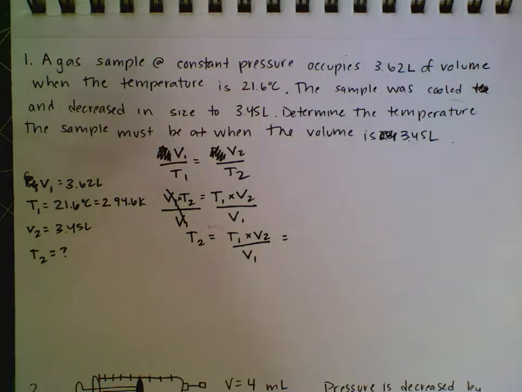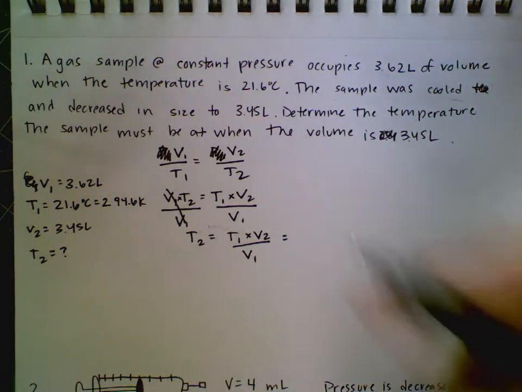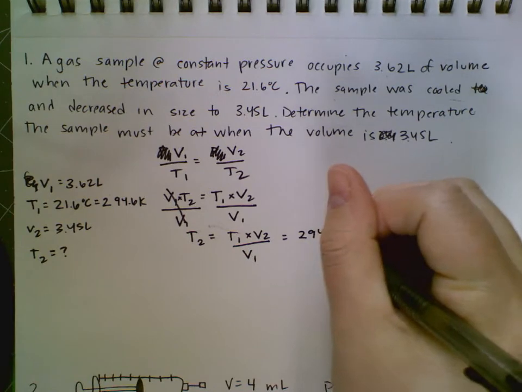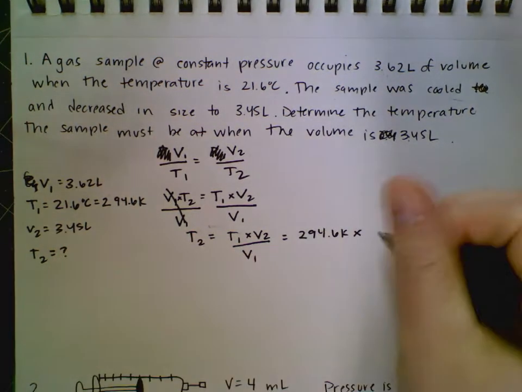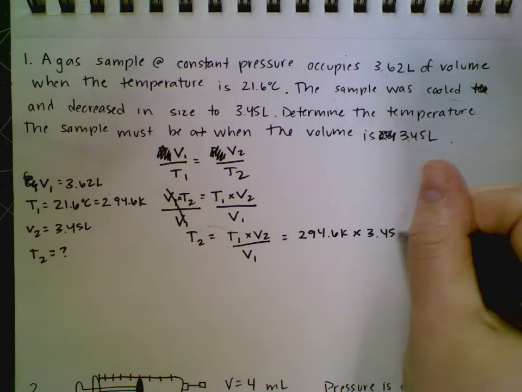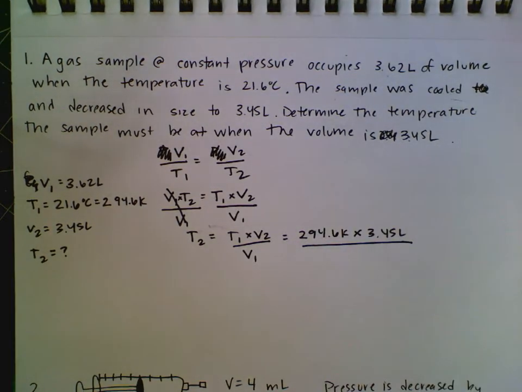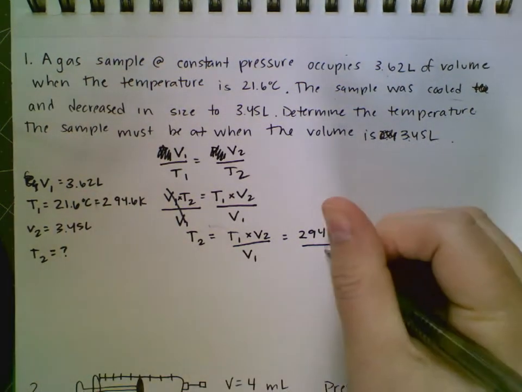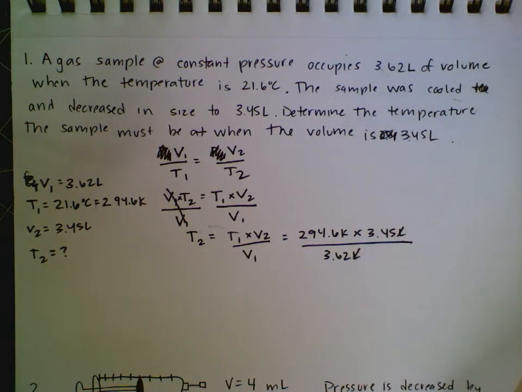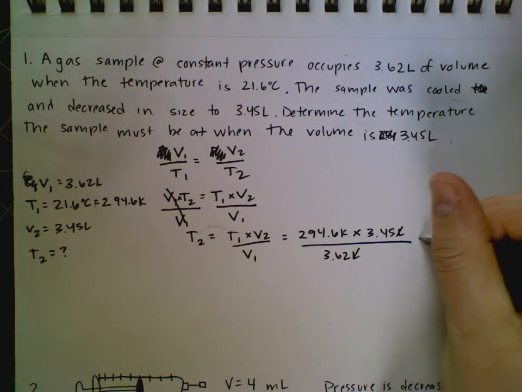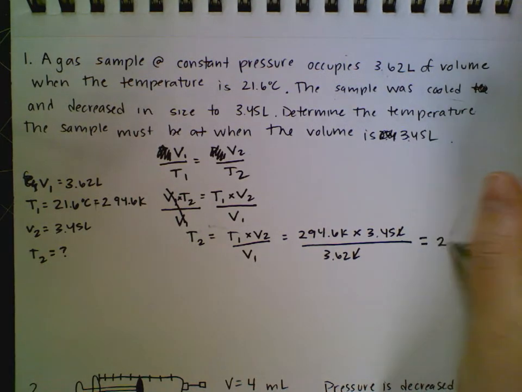So I have T1 as 294.6 Kelvin times V2, which was 3.45 liters, divided by my V1, which is 3.62 liters. Units of liters cancel out. I'm going to put that into my calculator. I get a value of